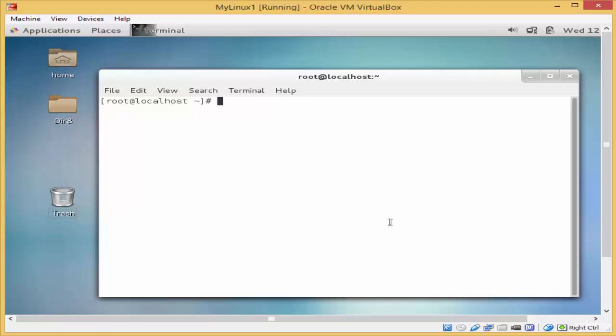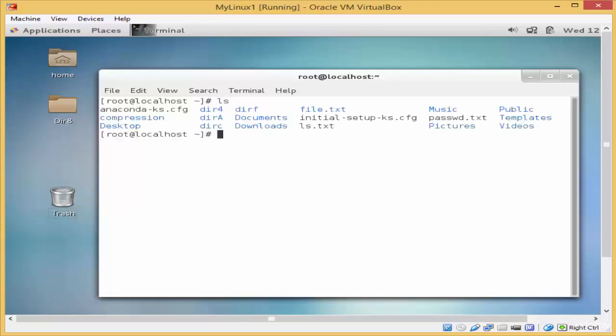Okay, first of all, I'll type ls to display the contents that I have here. Now, for example, I would like to archive and compress the directory public and give it the extension gzip or bzip2. Okay, now I'll archive and compress the directory and give it the extension gzip, and to do so I'll type